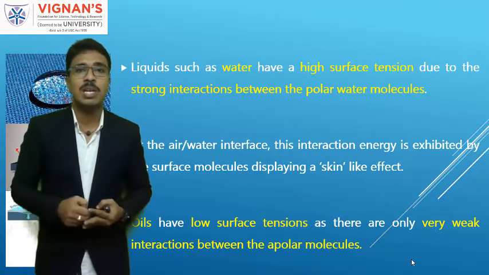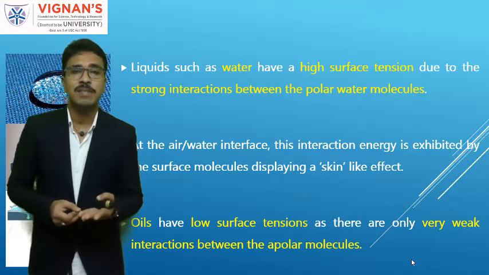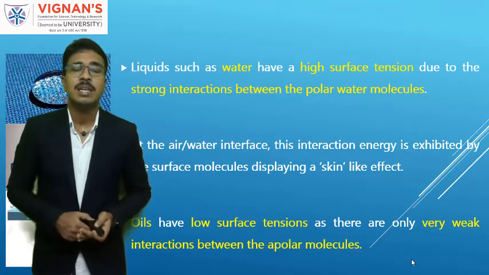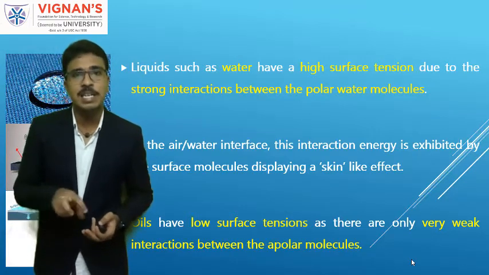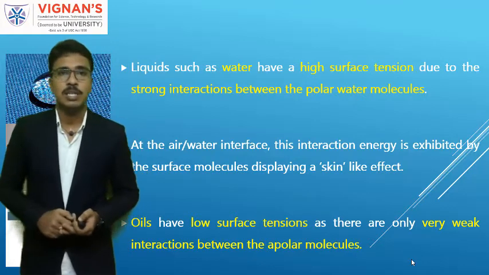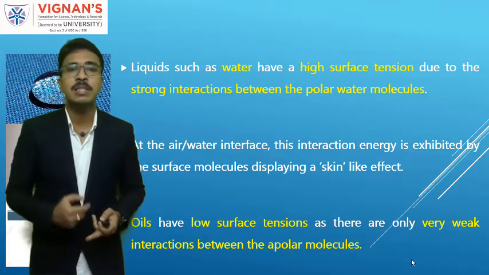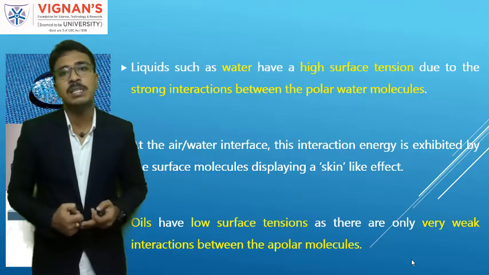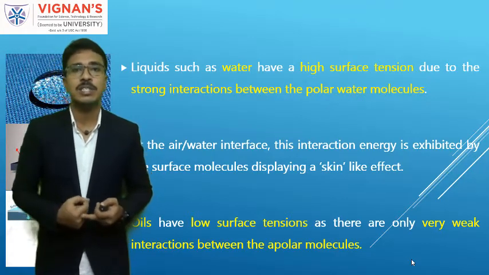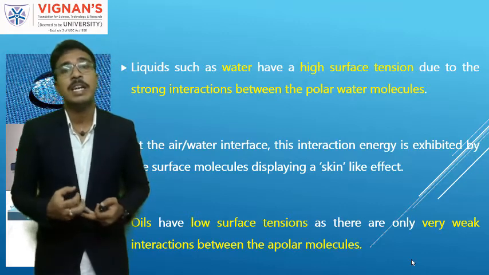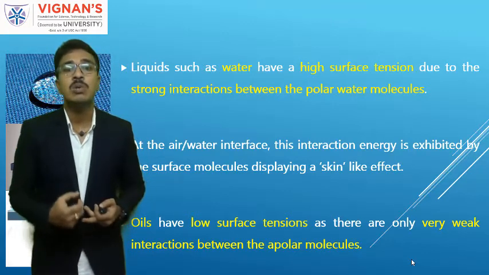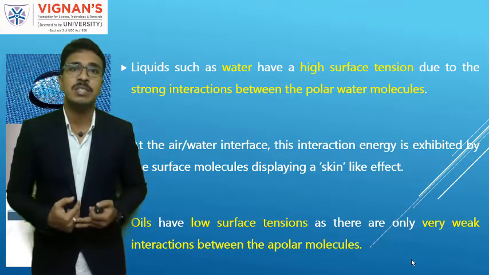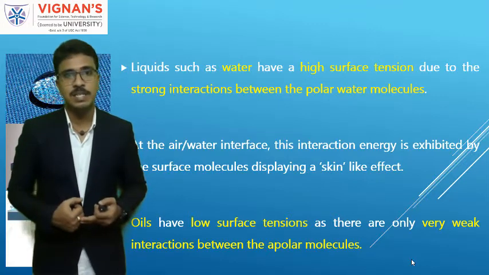When you put an oil on any solid surface, say for example fabrics, it will be easily absorbed by the solid based on the surface energy present in the solid. Understand? From this slide, what you can understand is that liquids like water droplets have high surface energy and surface tension, whereas oils have low surface tension. So why do water droplets have high surface tension and oil low surface tension?